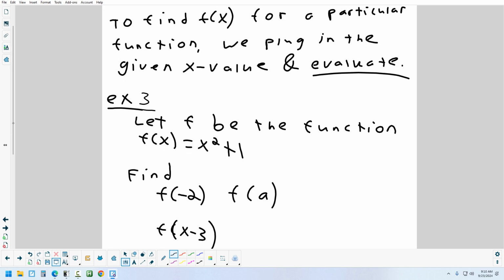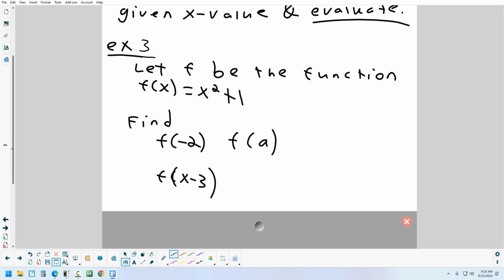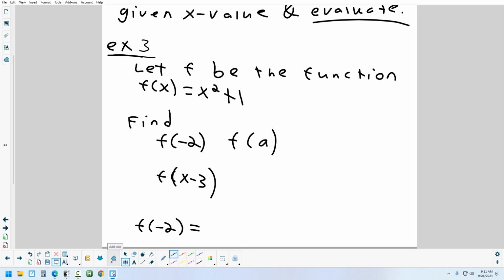Okay. So let's start with f of negative 2. That means I'm going to look up the formula f, and everywhere that I see a letter in that formula, I'm going to change it to whatever they give me inside the parentheses right there. Okay, so the first thing we're going to do is plug in a negative 2 everywhere we see an x. So fill it in right there. So negative 2 squared